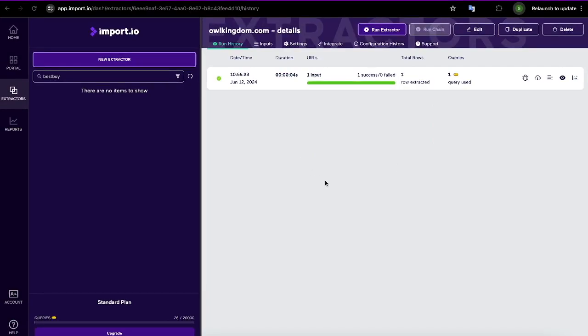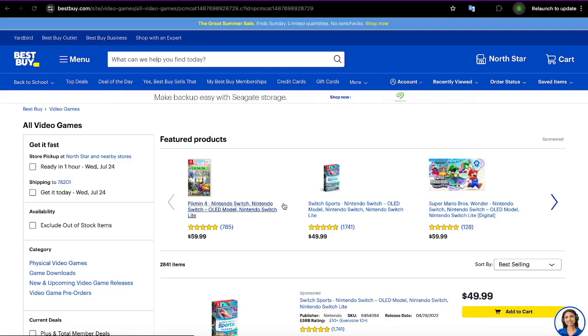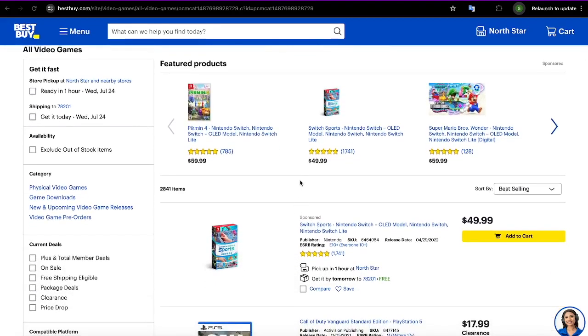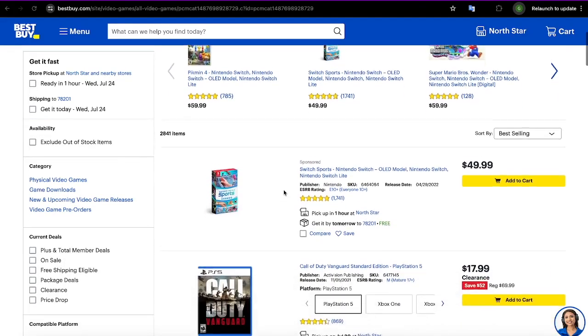Today we'll be going over one of the most commonly used practices in import.io, chaining extractors. Chaining extractors is best used when trying to get data from multiple layers of web pages. And we'll be using the example of Best Buy as a demonstration of how and why you would want to